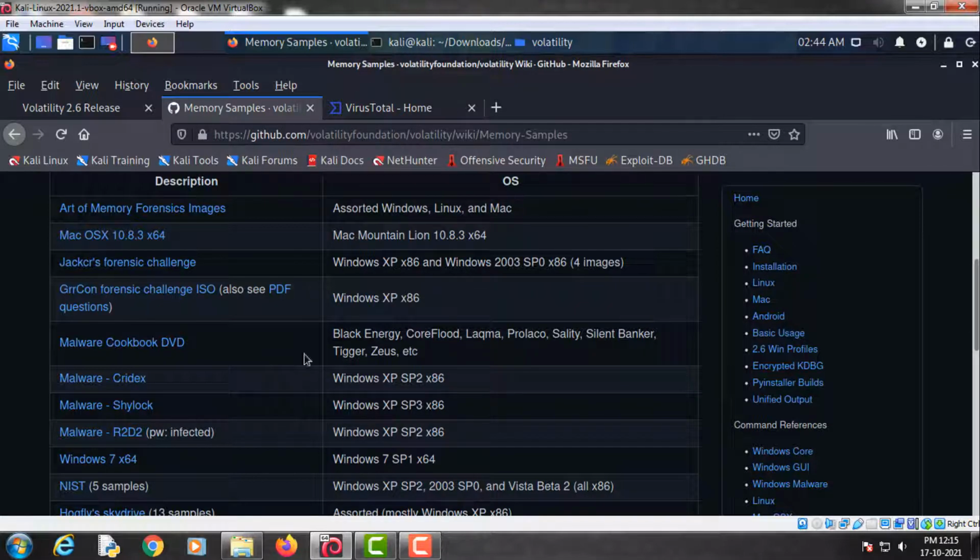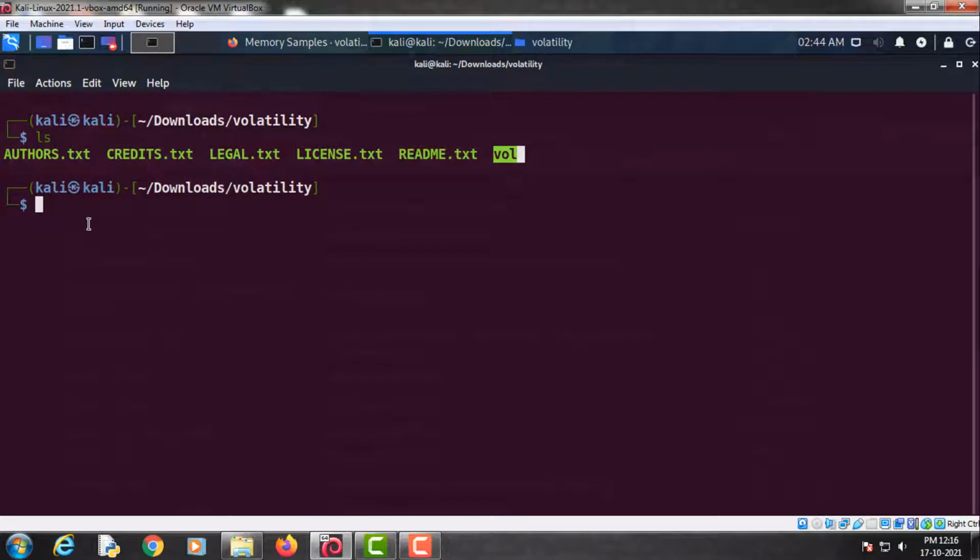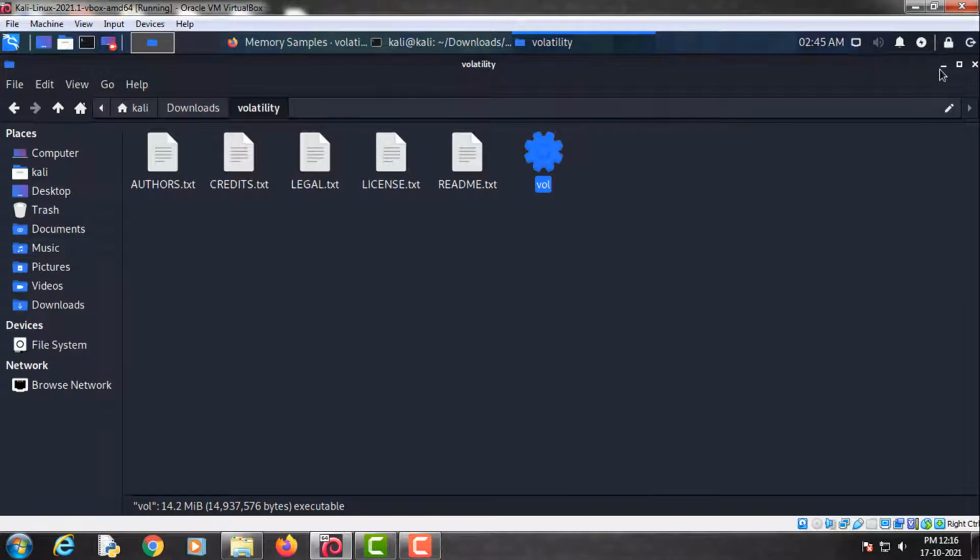Just go to the Volatility Foundation free memory samples, which are located on a GitHub website, and download this Cridex malware sample. So we will use this memory sample for this video. In order to run this executable, just add ./ in front of this executable file.